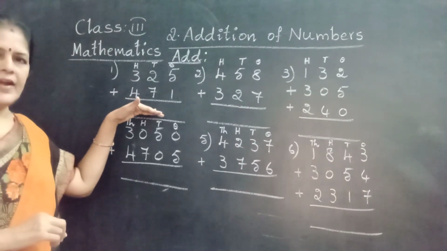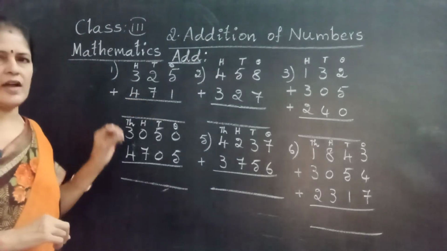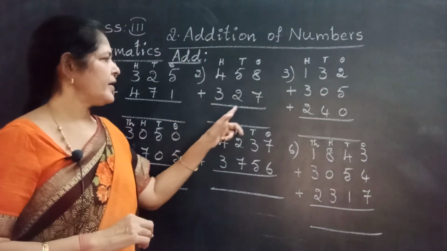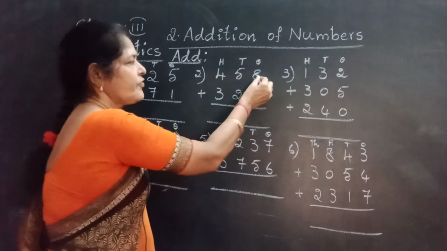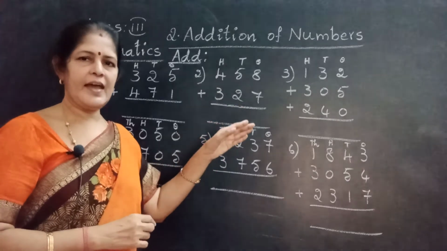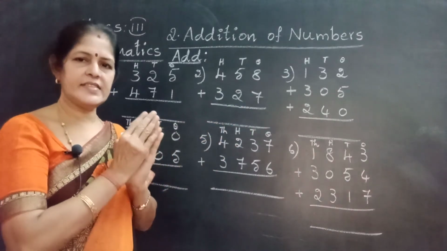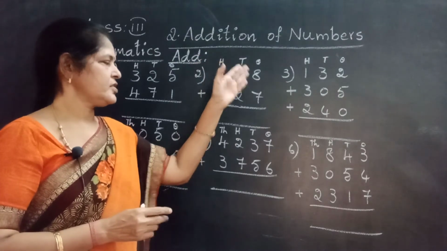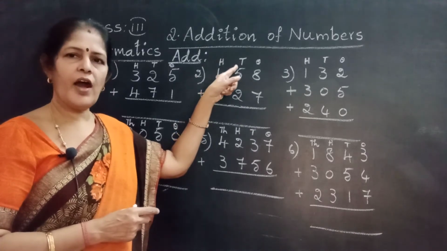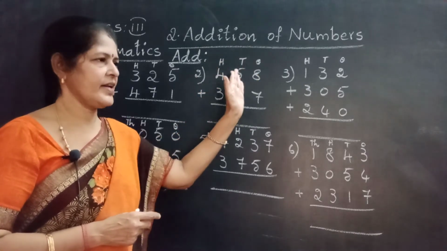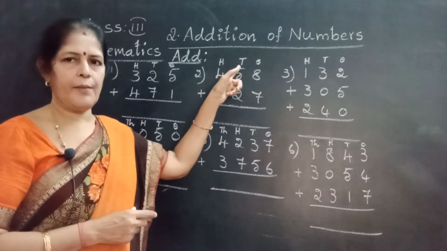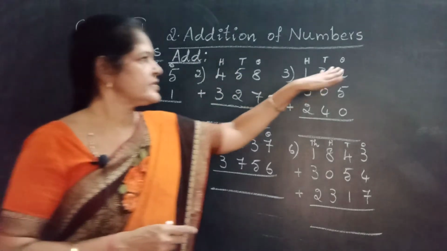What do you get after adding the given numbers? The answer is called the total. Now come to here, 458 plus 327. Here also start from ones. 8 plus 7. If you get a 2-digit number, split the number. The ones number, write in the ones place. The tens number, carry forward to the tens place, the left side of ones. Adding tens, don't forget to add the carry forward number. Next go to hundreds, same way, 3 lines.